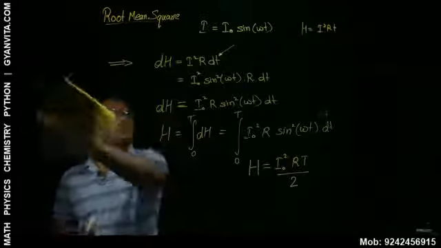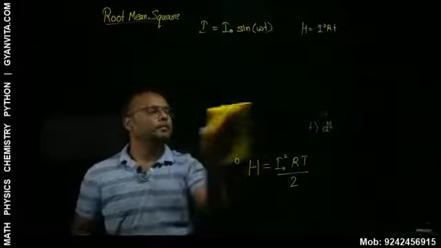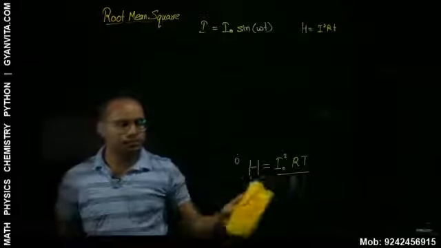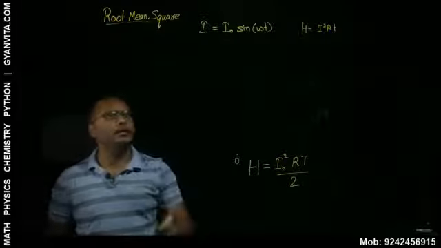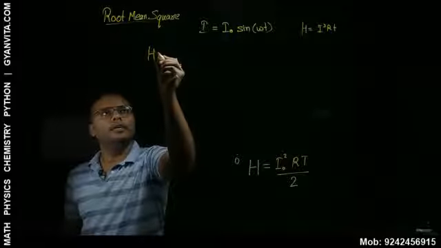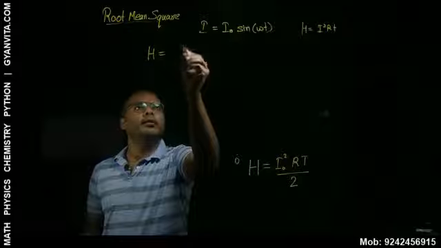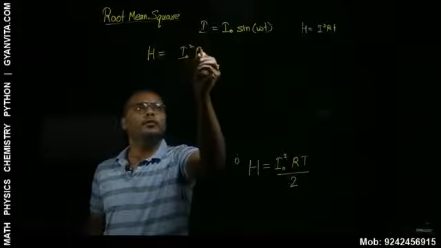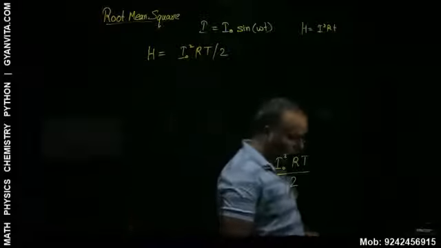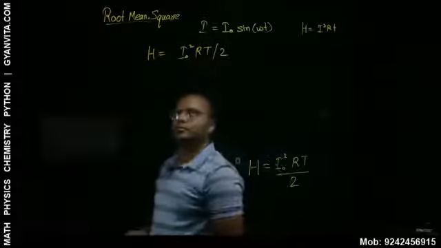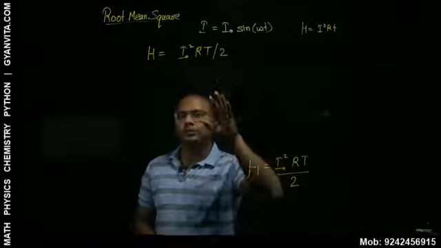Any doubt till here? So I'll rub this and I'll just write the final expression for this. If I equals I naught sine omega t is the current, then the heat which will be generated in one cycle will be equal to I naught square into R into T divided by 2. Right? Now what do we have to do? This is the heat generated, but not the actual value or the effective value of the current,